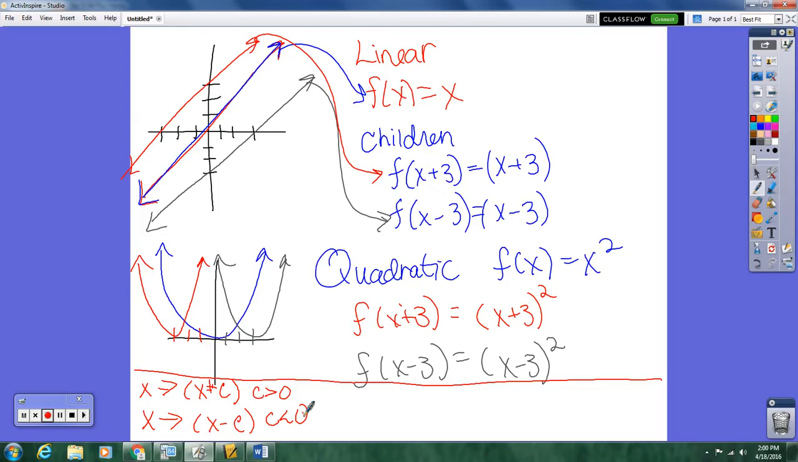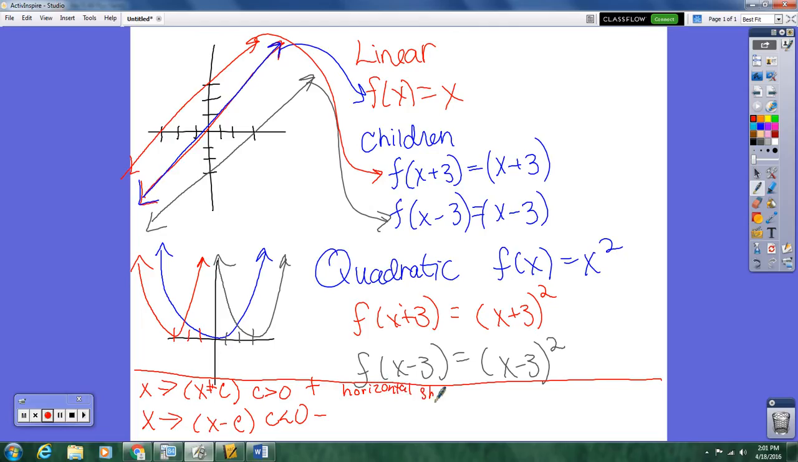What can I say about any number greater than 0? What do they all have in common? They're all positive. What can I say about any number less than 0? They're all negative, okay? So if they're all positive and they're all negative, then I can say what's going to happen to this graph. No matter what that number is, I know it's going to be a horizontal